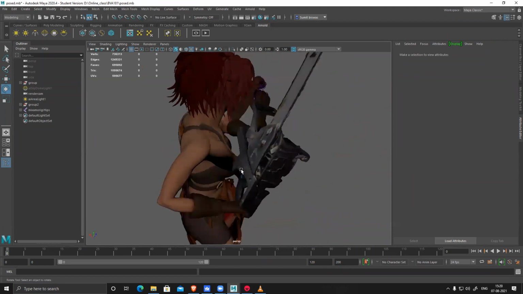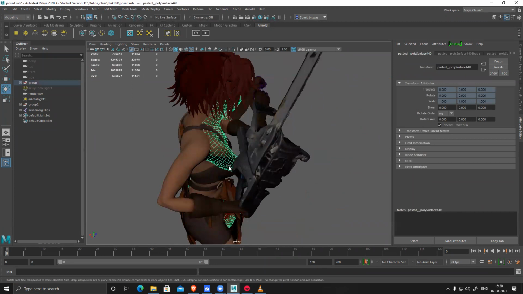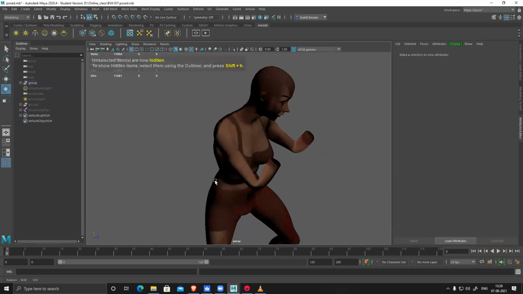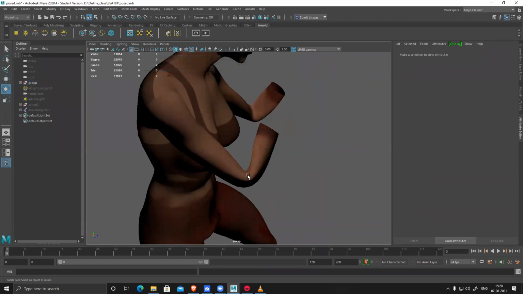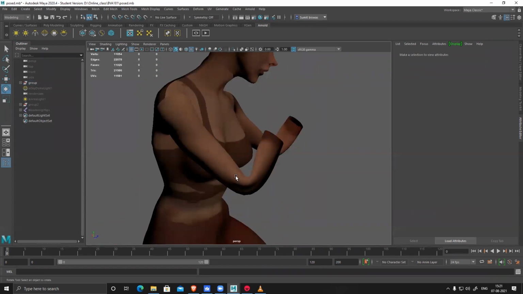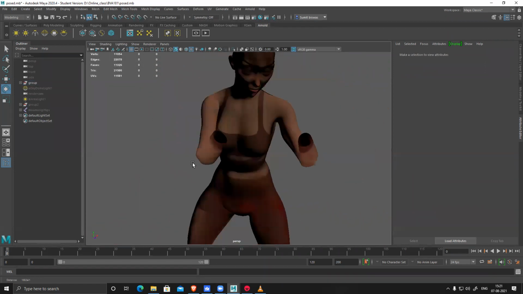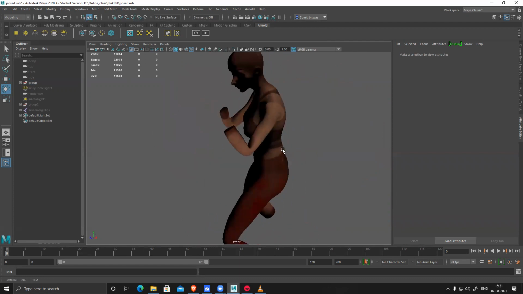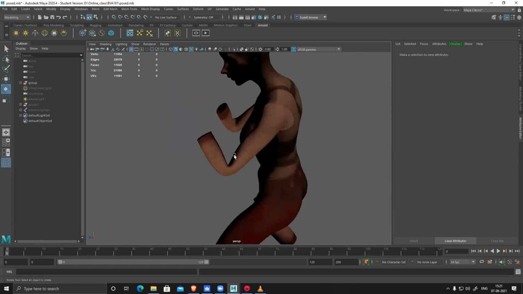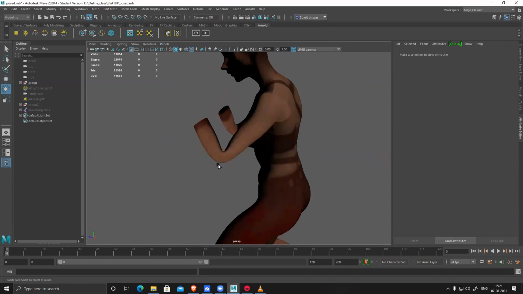So here you can see with this rigging, most of the things work perfectly, but you can see all the bends and all don't work properly. So those areas you have to manually fix.